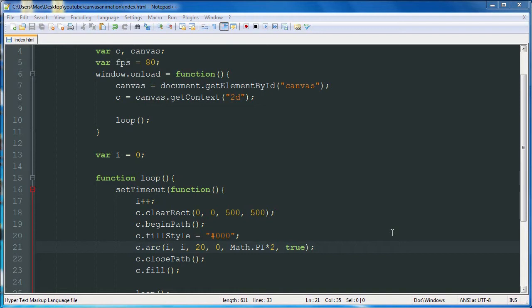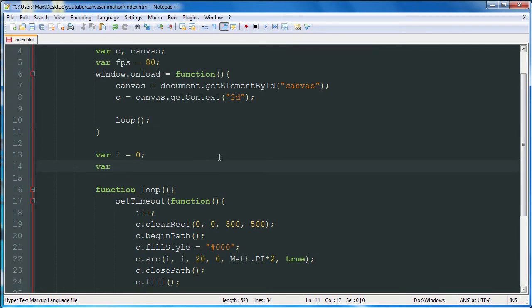In this video we're basically going to be animating an arc or a circle from one point to another, and then at the end of the video we'll add a third point. So basically we're going to create some variables. We'll do point 1 is equal to an array,